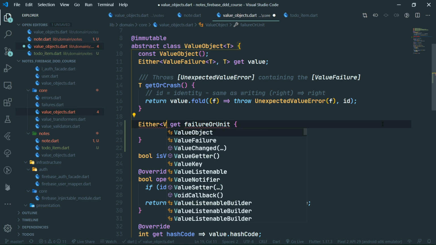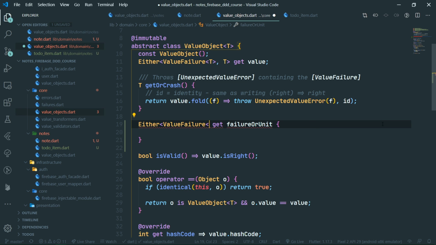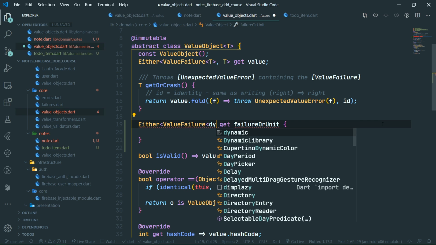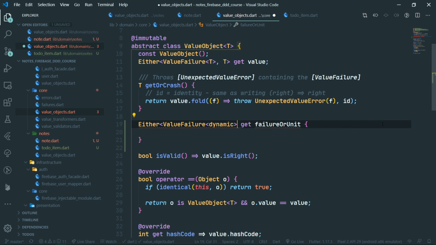So value failure, holding dynamic. We don't even care about the type of failure, we just care about the failure itself. And then we can completely and absolutely discard the right value of either by saying that it's unit. Okay, so from here, we can now just return